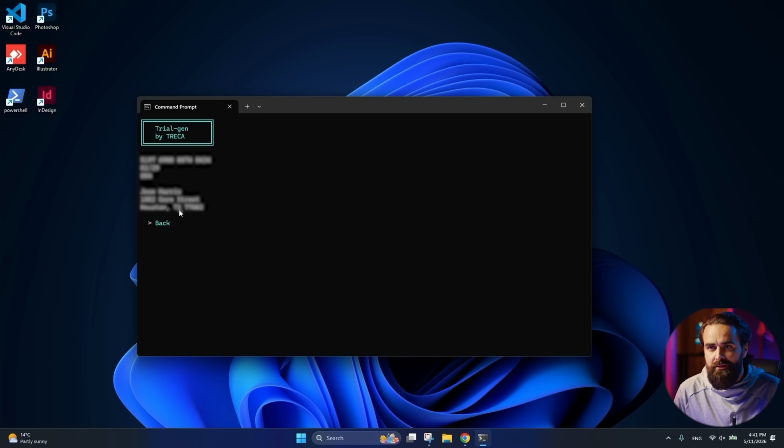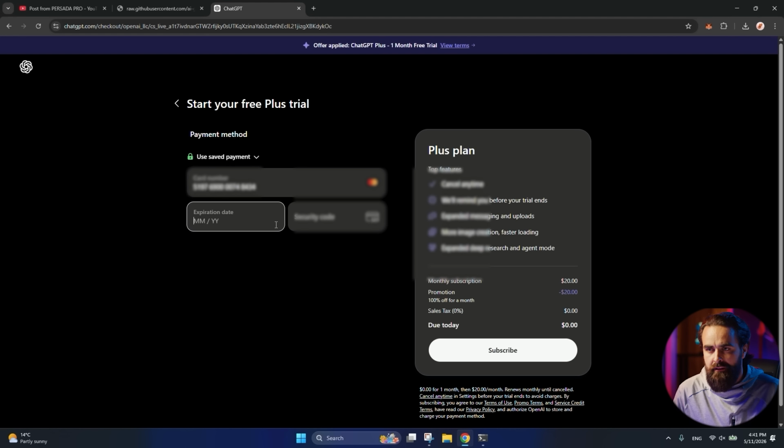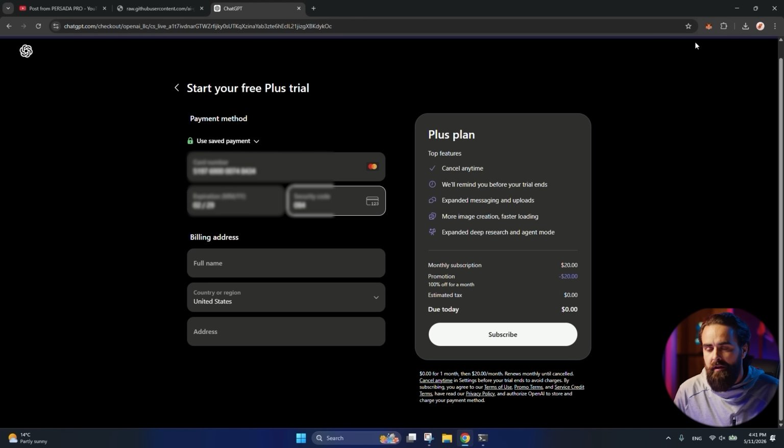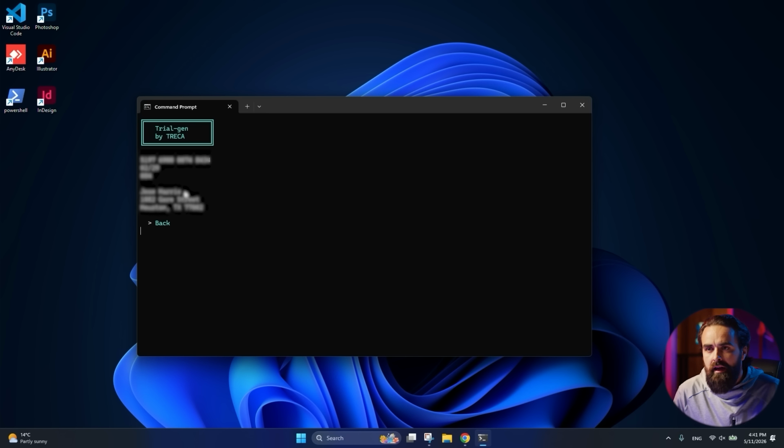Now you need to enter the expiration date and the CVV. The service also generates a full name and billing address. Copy and paste it into the appropriate fields.